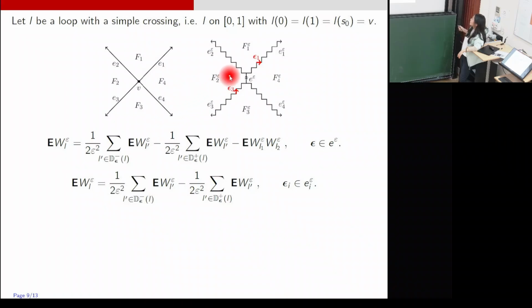But if we consider a bond like this E1, we only go along it once, then we only have the deformation part without this splitting part. So if we want to prove that this discrete master loop equation converges to the continuous one,